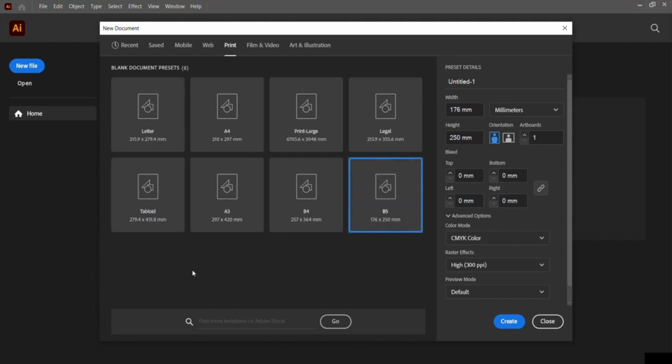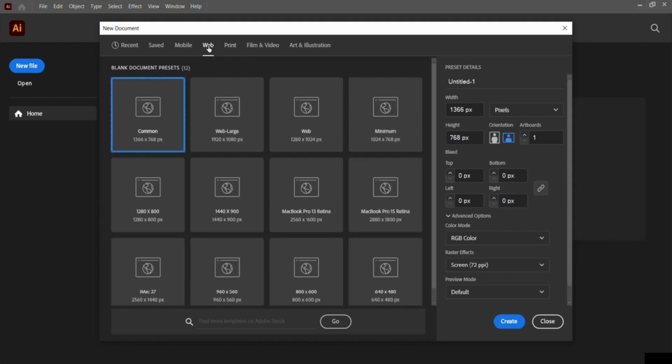So all these presets have different sizes, and these 8 presets are associated with print. I hope you got the idea. Then we're going to click on this web tab. Okay, so if you were going to design for a website,